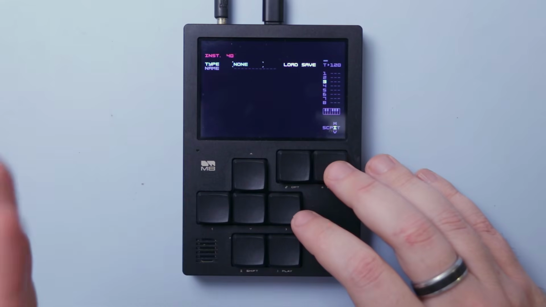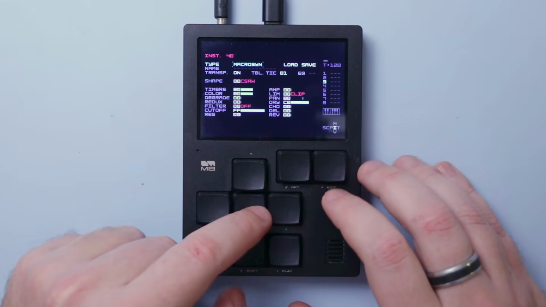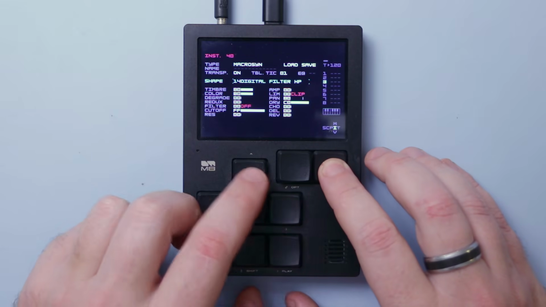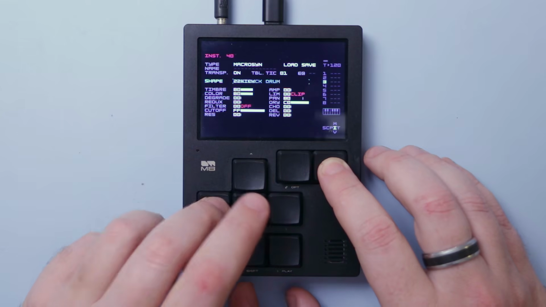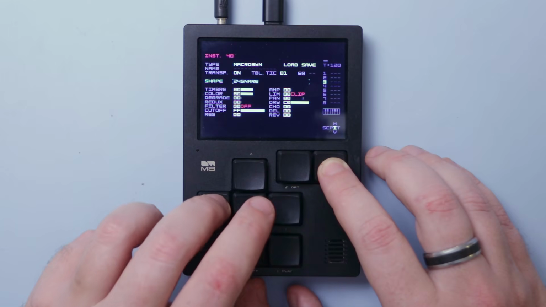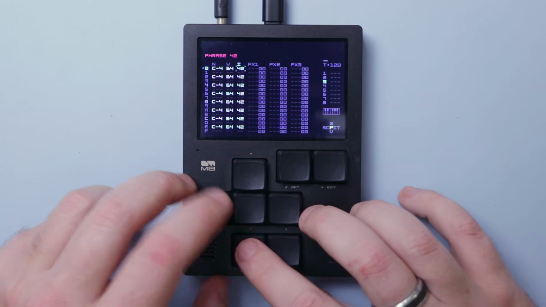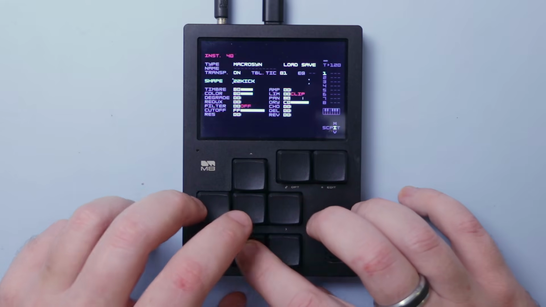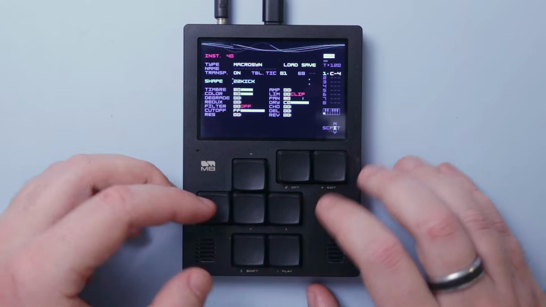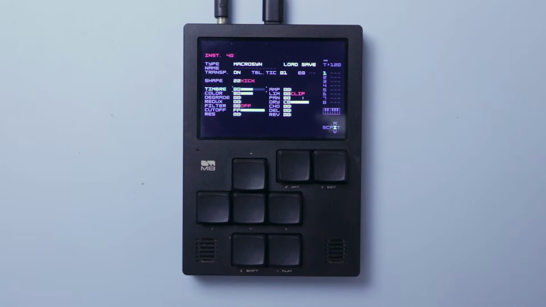So we'll probably do a kick using the kick generator. So I'm just going to go into the macro synth and then navigate through here. I think, yeah, there we are. So there's a bunch of different models for percussion elements in here. So you just pick the one that you want. So we want a kick. Whoops. And we'll just go over here. There we go. We have a nice kick,